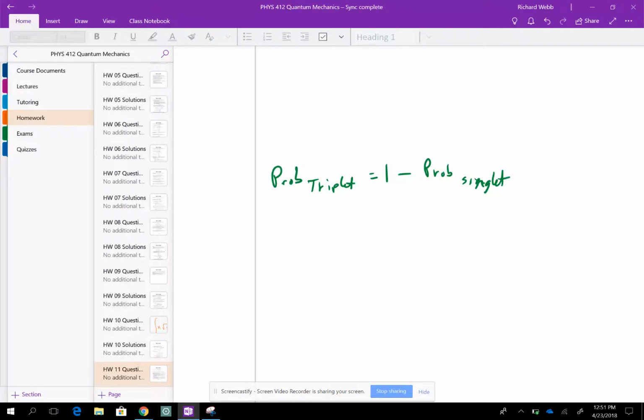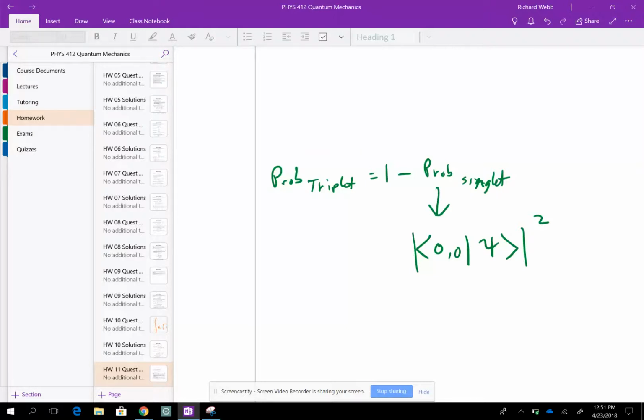Because you can do the singlet calculation, the probability of being the singlet, in one step, whereas the probability of being triplet, you have 3 different to consider. And so the probability of being the singlet is going to be